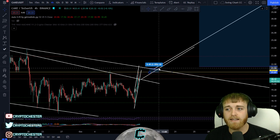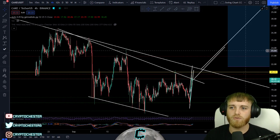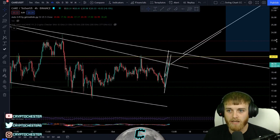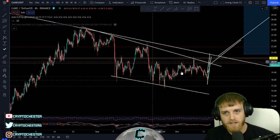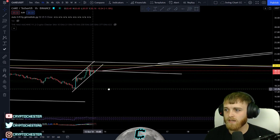And then from there, we're going to be adding to our position if we do get a congruent breakout, going for that 70%, as I was just talking about, for the breakout here on the bigger scale, right? That's what we are ideally going to be going for. As you guys know, falling wedges usually tend to break to the upside, right? So let's jump down to the shorter term time frame, see if we can get a gauge of what's happening there,